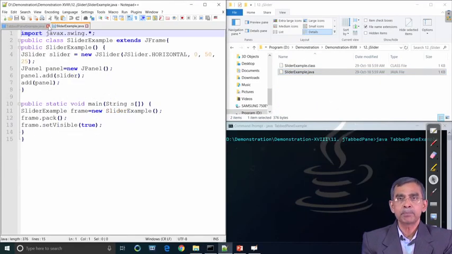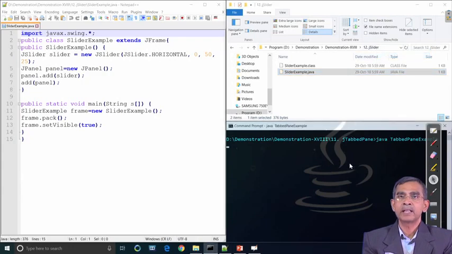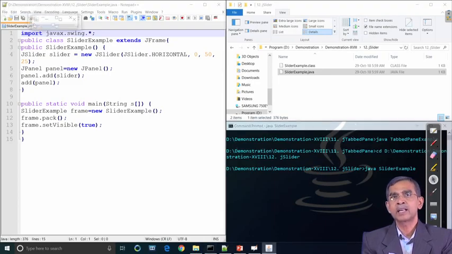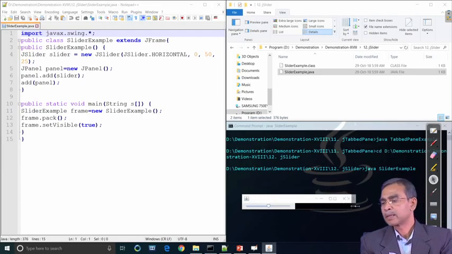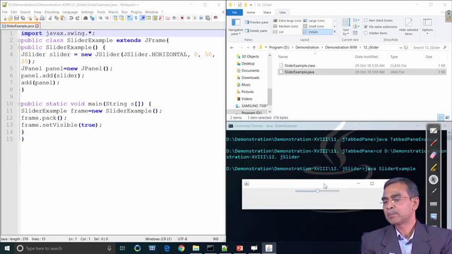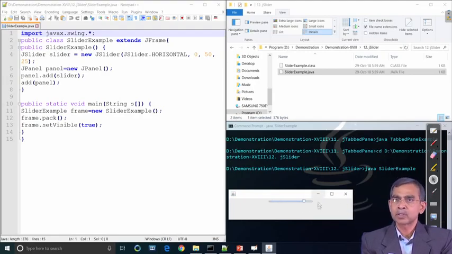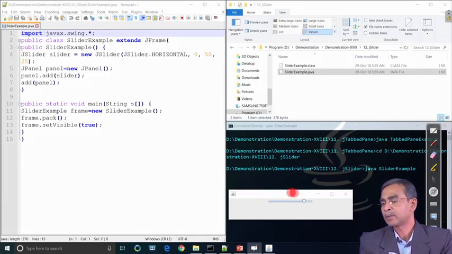Okay, so our next example is J slider. We have already familiarized ourselves with the J slider, as some glimpse of it was used in our color chooser example. It is similar, but here it is an independent J slider. How the slider will look, as you see here in the output, a little bigger. Here we can see an example of a slider, and there is a slide button. If we click and drag, the slider will move across the vertical line. Horizontal orientation is also possible for the slider, but usually it appears as a vertical one.